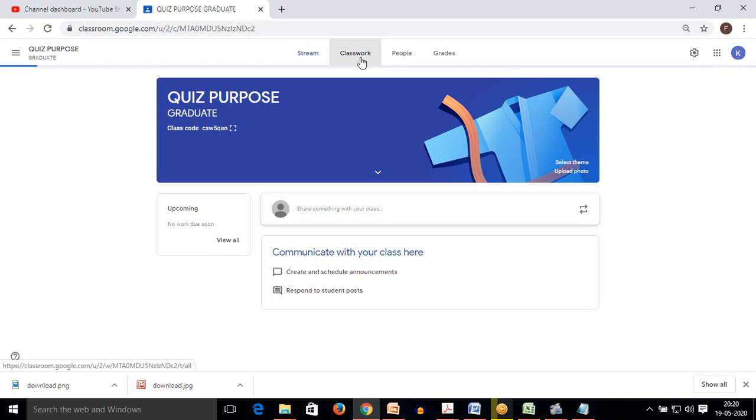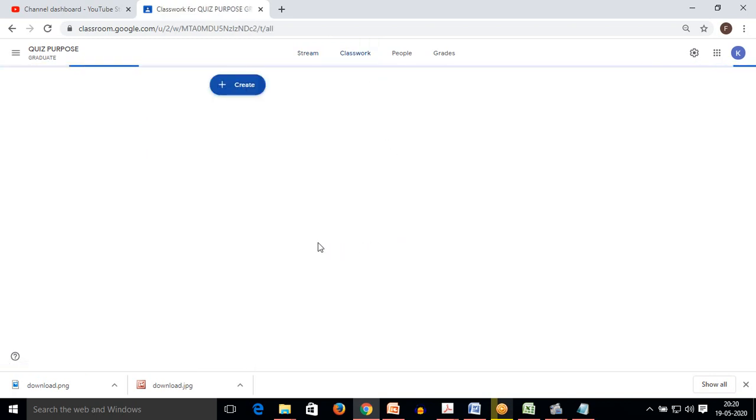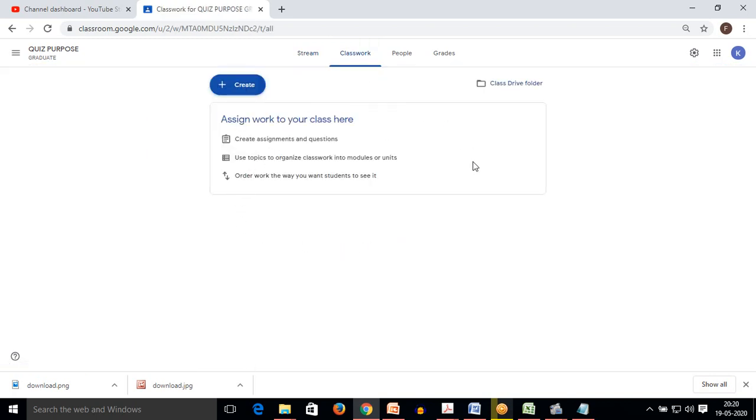Going to the classwork section, we can see that there is nothing assigned yet, because we have created a new class, so none of the things are assigned here. Now I will go to this create section.